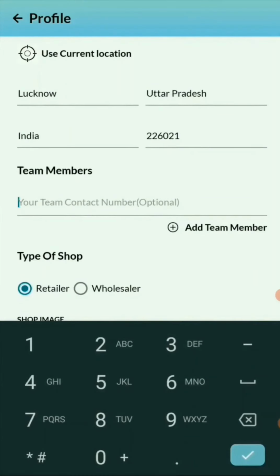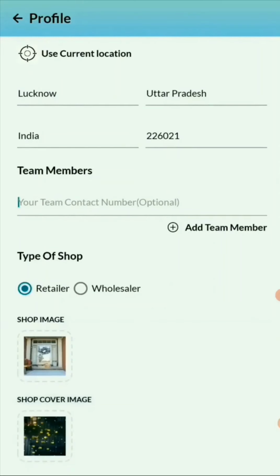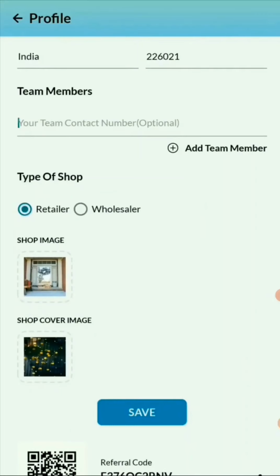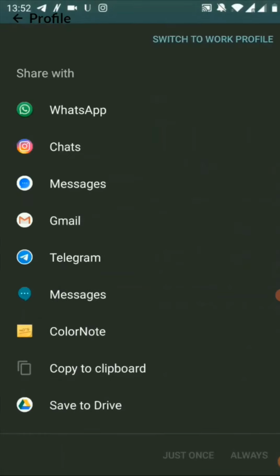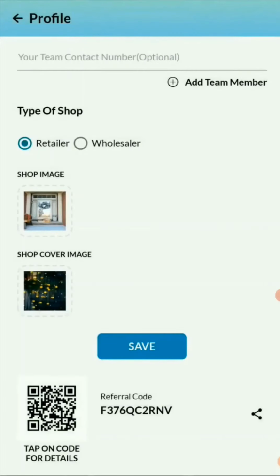You can even add your team members just in case you want any of your team members to have access to the app. You can choose the type of shop, retailer or wholesaler. You can choose your shop image. You can choose your shop cover image from the gallery or from the camera. Once you save this, your details will be populated and saved to be shared with the customers on any of the social media channel.